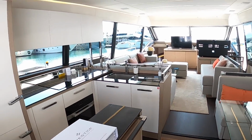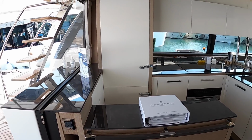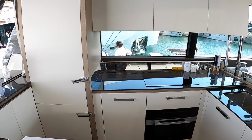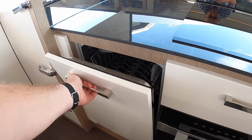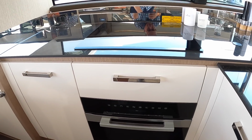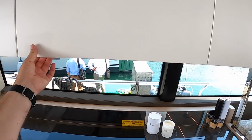It's a galley aft layout, as you can see, and that of course also serves out to the cockpit very nicely. Fridge freezers are over here. You've also got things like dishwasher built in, and you've got the Miele cooking, so the oven and the hob. And then up here, if I can find a way in,